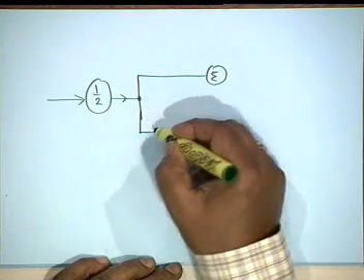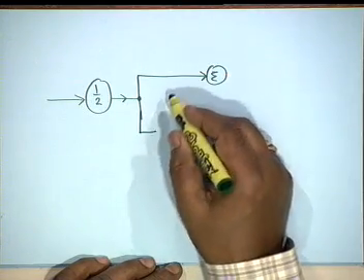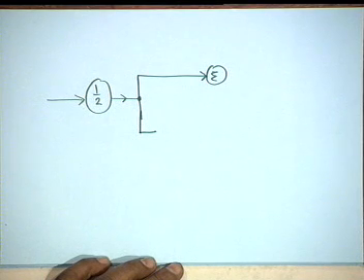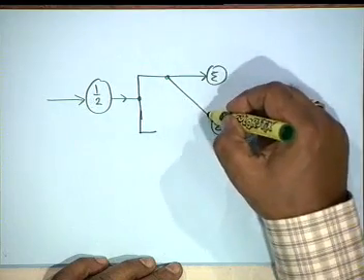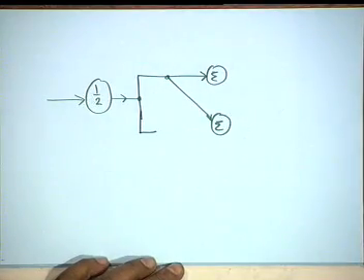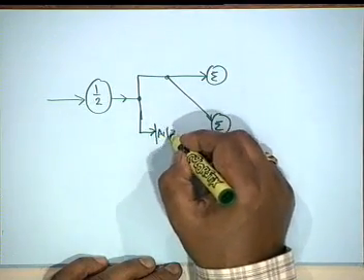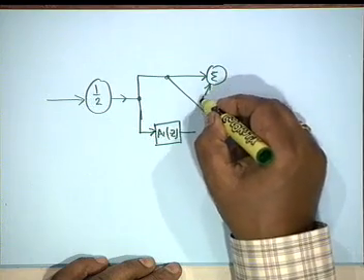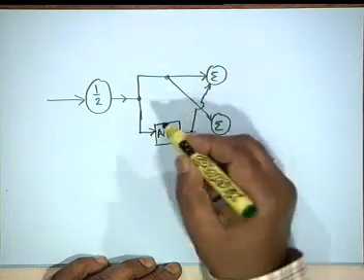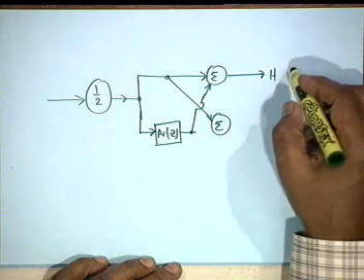You have two channels, one of them goes straight because the all pass function A0(z) is 1. So, we shall have straight A0(z) = 1 feeding both the summers, then you shall have A1(z) which feeds this summer: half of A0(z) plus A1(z). So, this will be H of LPF of z,